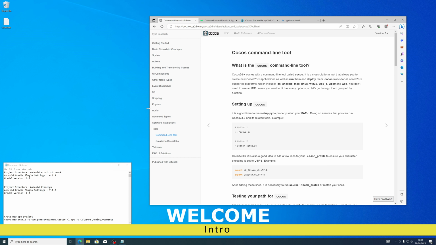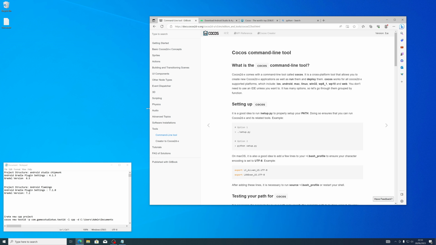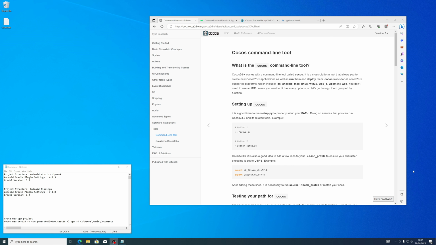Okay, welcome everybody to this first tutorial in programming with Cocos2dx and Android Studio. In this part we'll be showing you how to set up Android Studio, installing Python, and we'll be using the two libraries from Cocos2dx. We'll be using version 3 and version 4, and I'll be teaching you how to switch between both of them. Then we'll be having a little talk about emulation versus hardware, and then we shall be